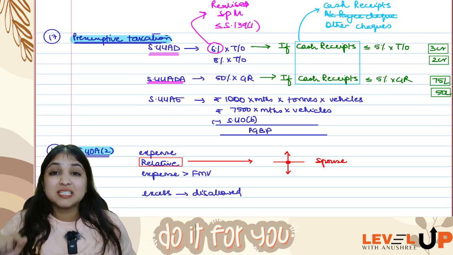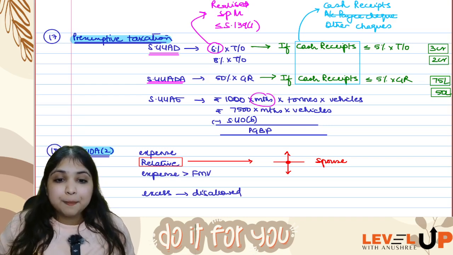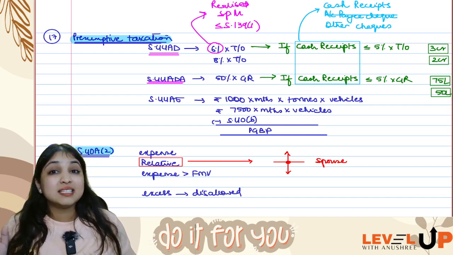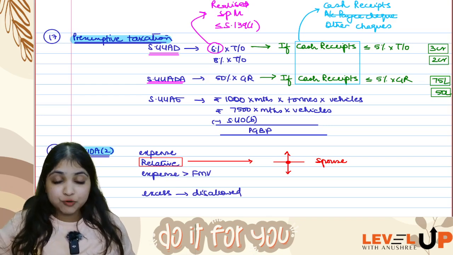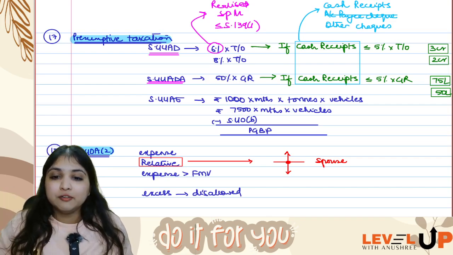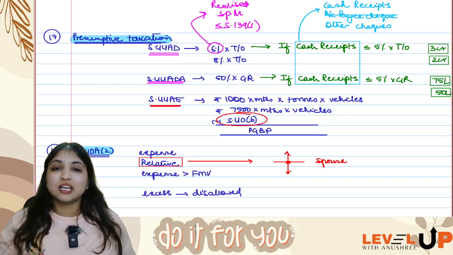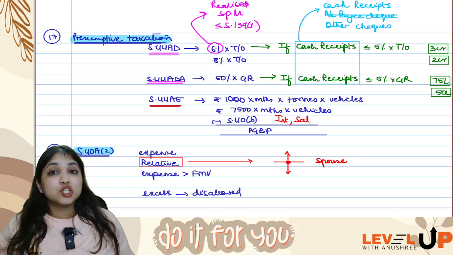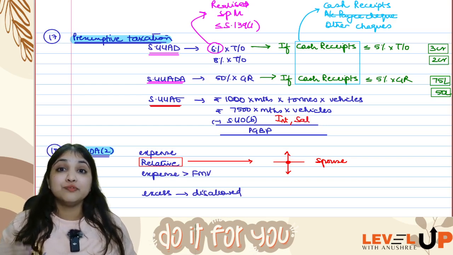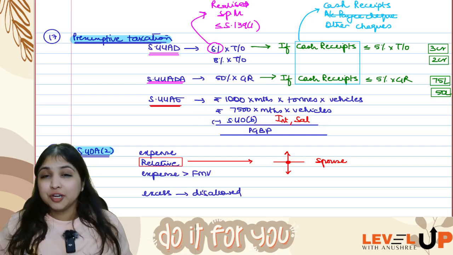Under 44AE, presumptive taxation relates to those assessees who are in the business of plying, hiring, leasing goods carriages. Here, if they have heavy vehicles, you will calculate 1000 rupees per month per ton per vehicle. If the assessee is having other vehicles, 7500 per month per vehicle, and even a part of the month you will compute as a full month over here. However, the most special point under 44AE is that from this you are allowed to subtract one thing, section 40B. That is partner's interest and partner's salary, which is paid by the partnership firm or LLP. So if the assessee happens to be a partnership firm or LLP, then that assessee can claim section 40B as a deduction in 44AE computation.